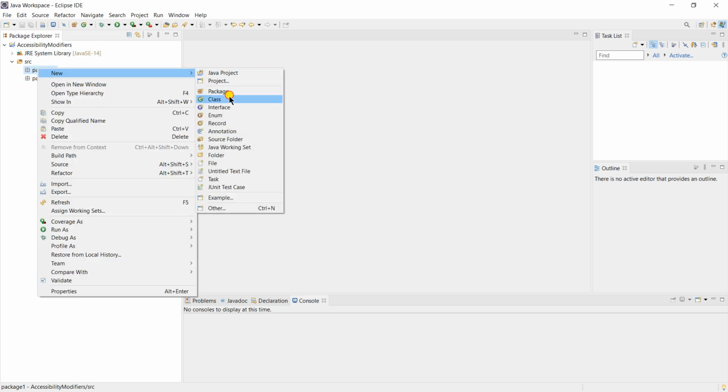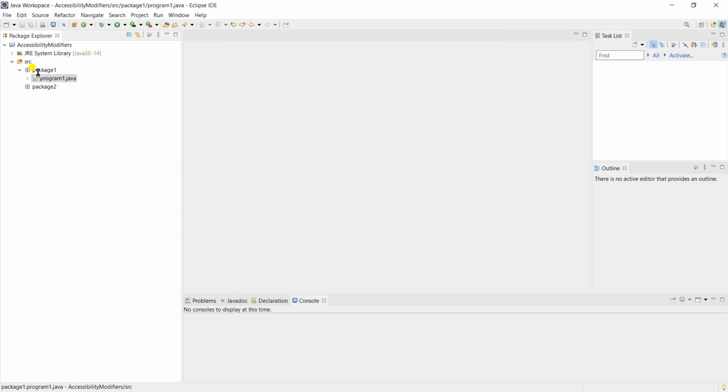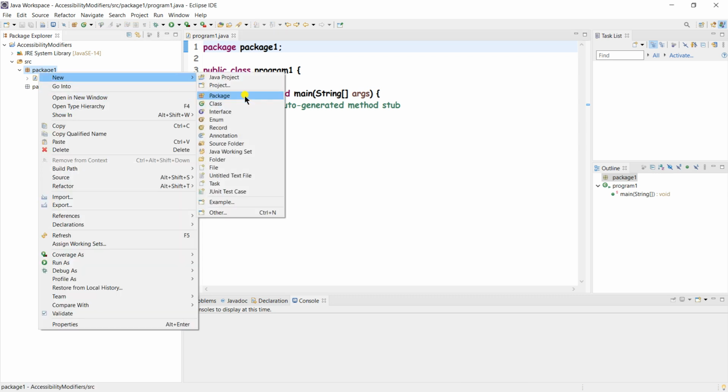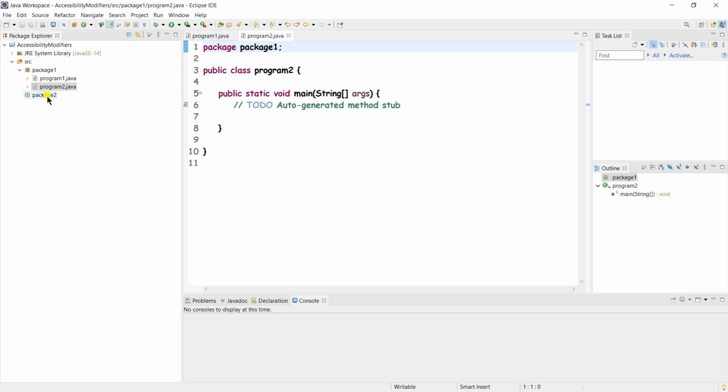package one I'm going to create two classes like program one. I will give one main method here, and I will take another class program 2. Here is also same because we have to do some experiment.